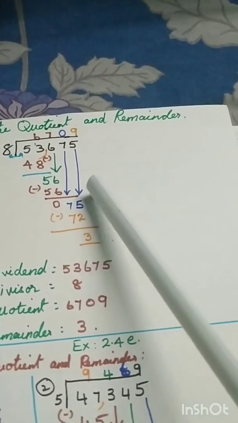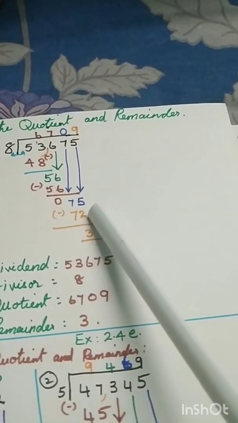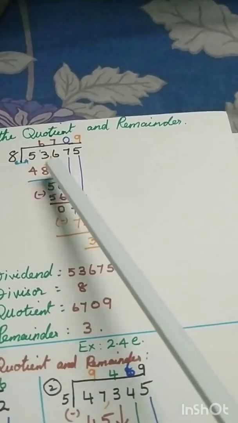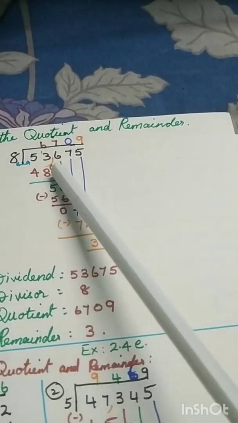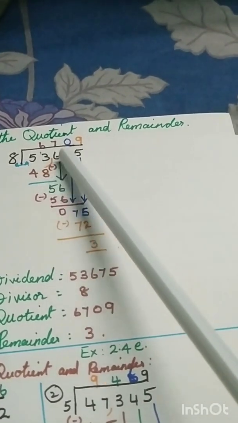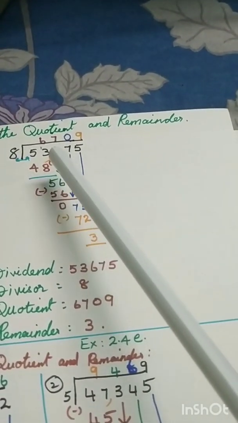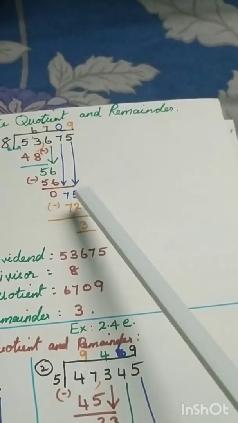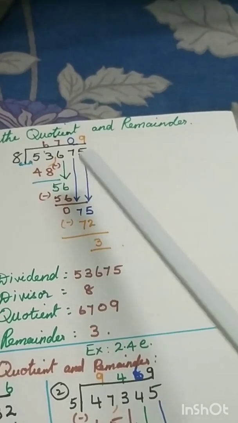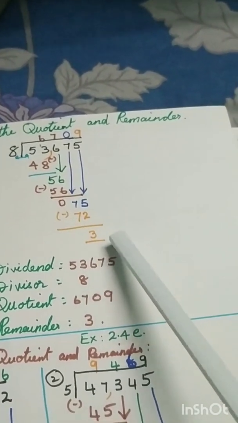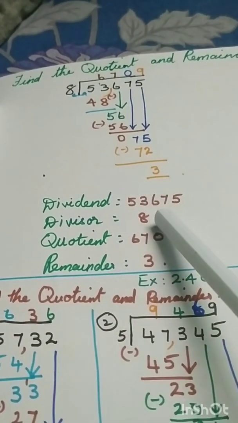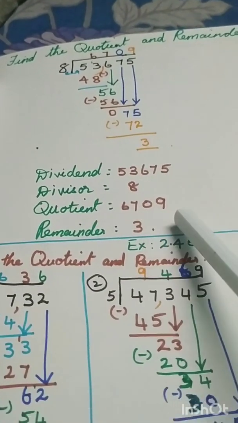What will be smaller than that number, only then can you subtract, children. Always remember in division, whichever number you are putting, you have to subtract, means put a number smaller than that number. Not very much smaller, the closest smaller number you have to take and subtract. So the next closest smaller number will be 8 9s are 72, that is 3 remainder. So this is the dividend, divisor, quotient, remainder.